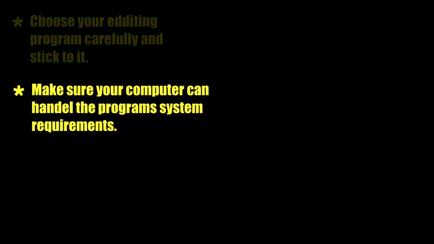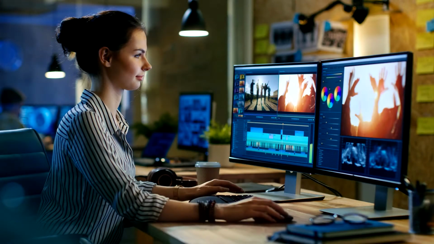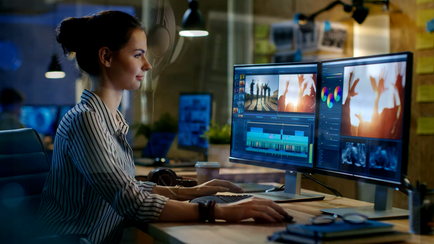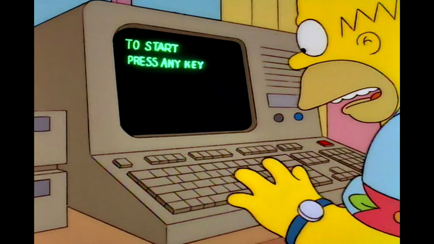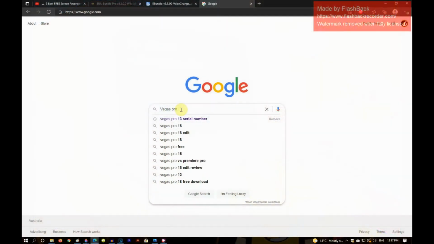Step 2 is make sure that the program that you want to use can be handled by your computer system. Every new video editor beginner, I think, will do exactly the same thing as me in the beginning, and they'll all think that they'll have the best chance at editing great videos if they go out and get the latest version of each program. Well, that's not what you do. I made that foolish mistake in the beginning of my video editing hobby, and over again, I would download the latest version of the example program.